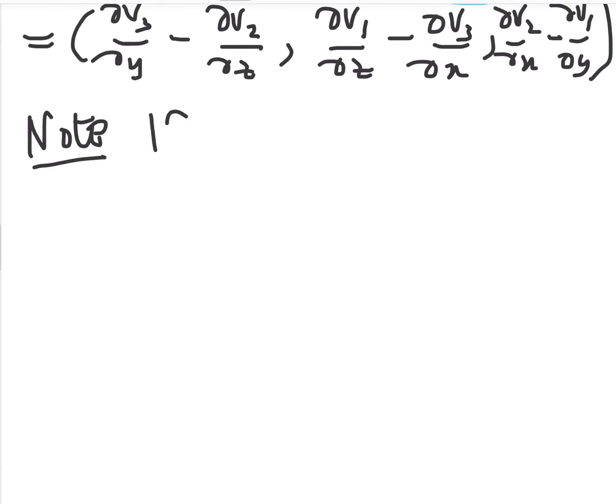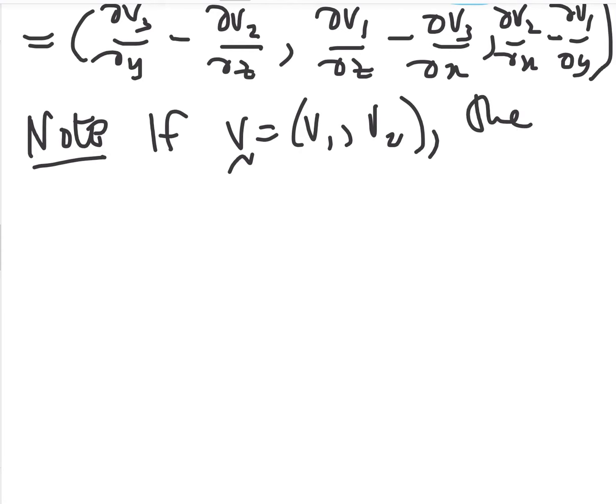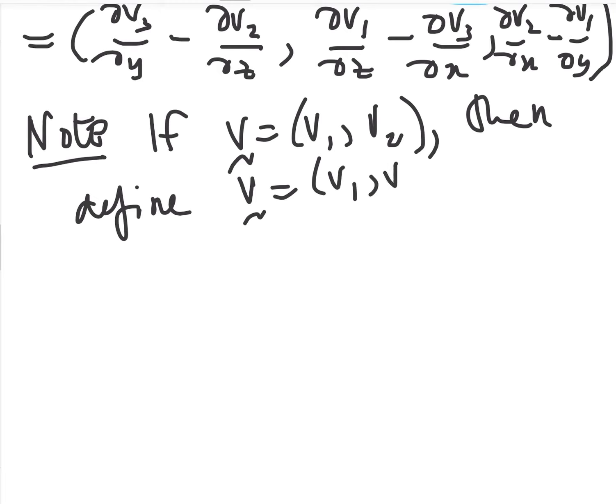So note, if the vector field V is of 2 components, then for curl purposes we redefine V to be V1, V2, and 0, so that